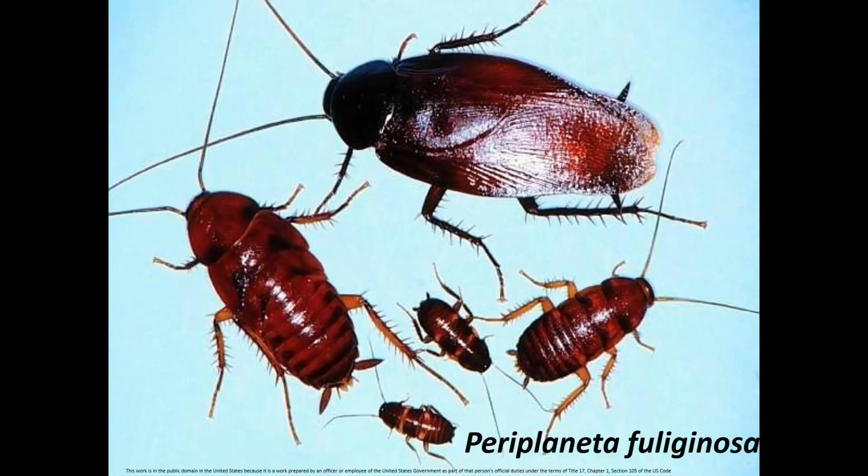Finally, the smoky brown cockroach is Periplaneta fuliginosa. So this is, again, a larger cockroach. It's about 1 inch long. It's dark brown to black. And they are honestly kind of boring. But we do tend to see them come indoors a little bit. They primarily live outdoors. They live in the woods. They live in leaf litter. They live in trash piles.